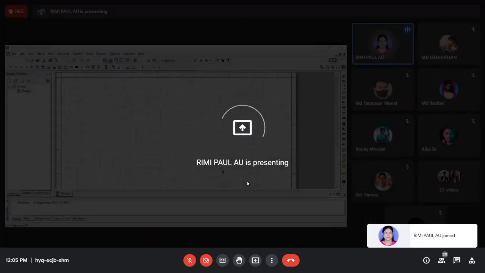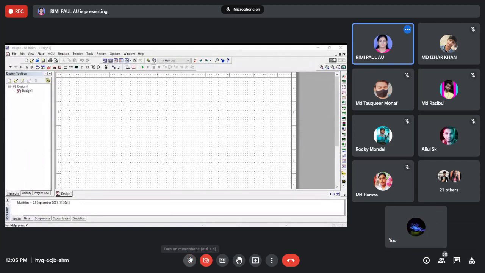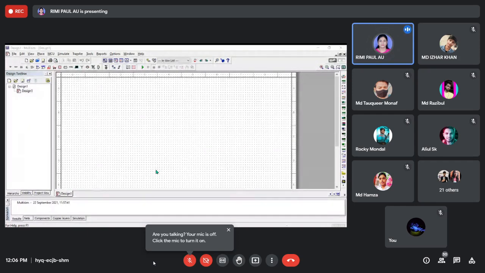Can you see it? Okay. This is the platform of National Instruments Multisim software, and it is not available in your university. I have collected it from Shivpur B College.